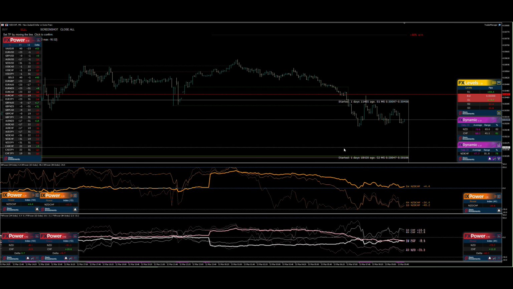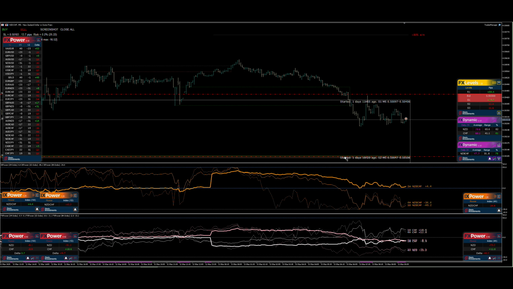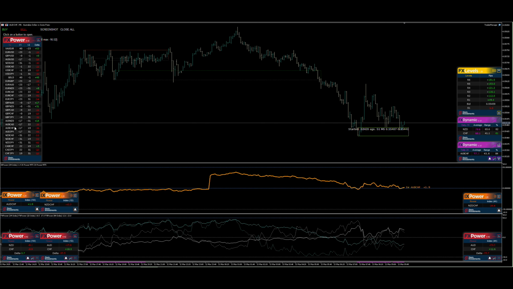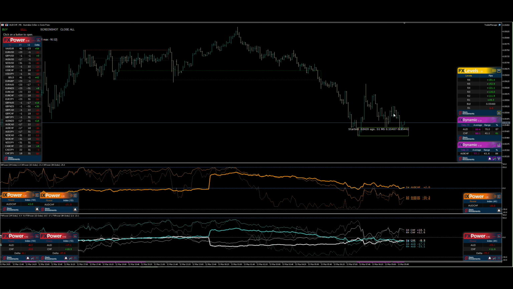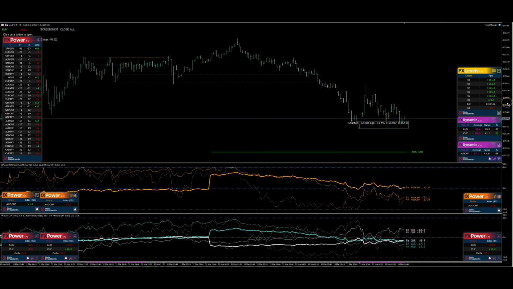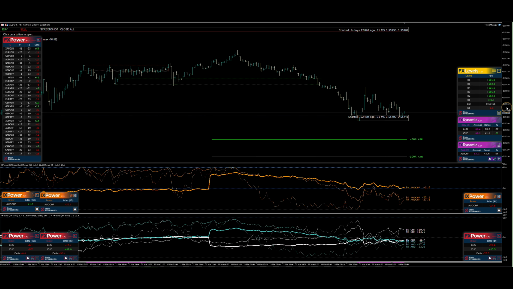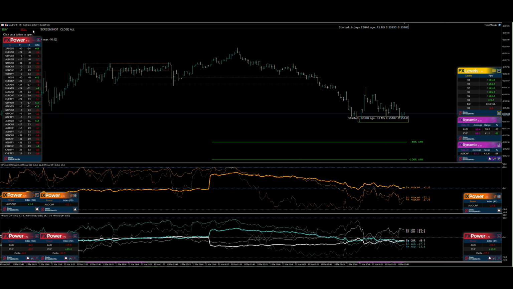So let's place that one here and our profit target here, and then we'll check the situation on the Aussie dollar against the Swiss franc. Pretty identical moves, and there is a new support level, but this is less relevant in my opinion because it formed 2 hours ago. So we'll take the chance to